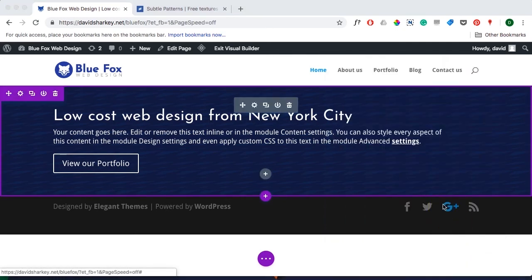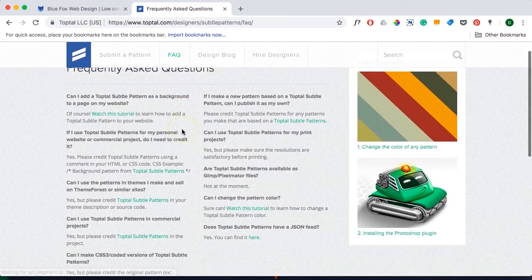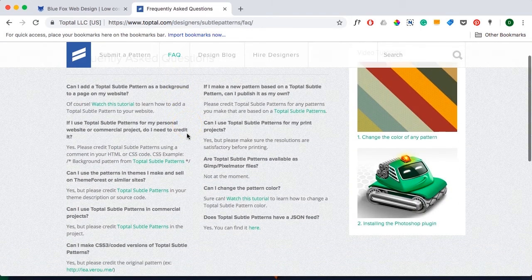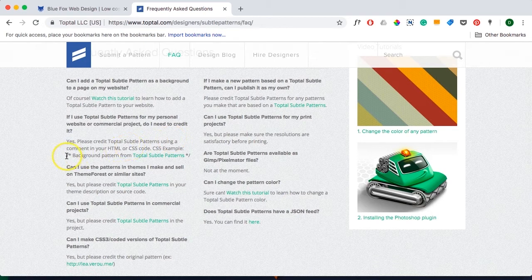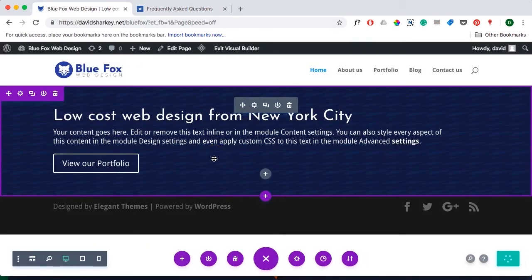Just a little note about Subtle Patterns. They are free to use, but the authors request that you credit them in either your HTML or CSS. So I'll show you quickly how you would do that. If you come to the FAQ, they give an example for how you would credit them in the CSS. The CSS example is here, so I will copy that,